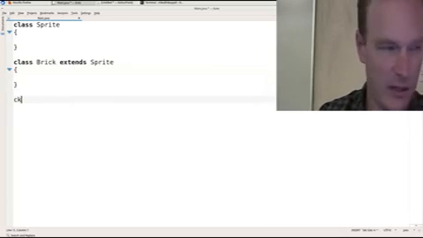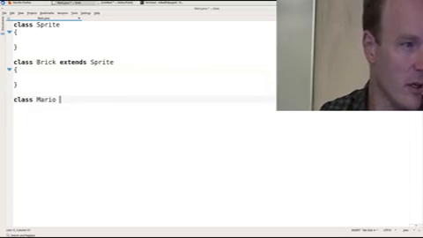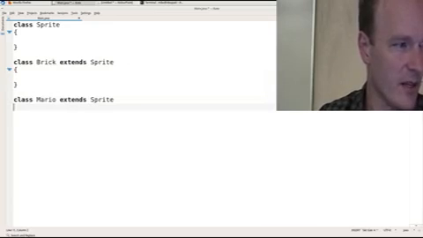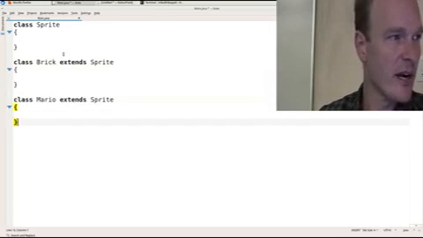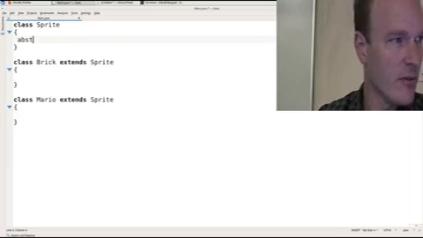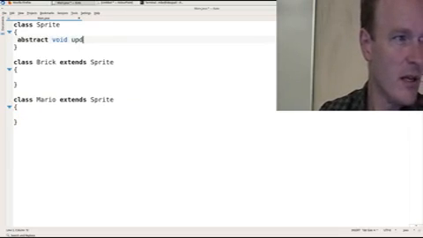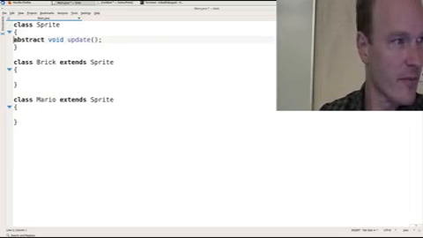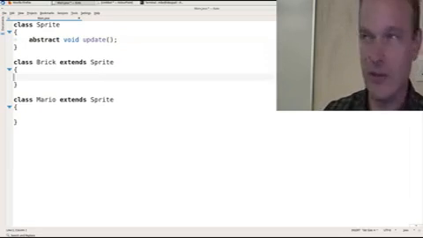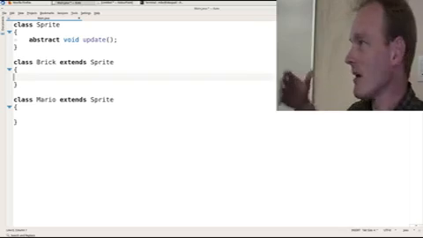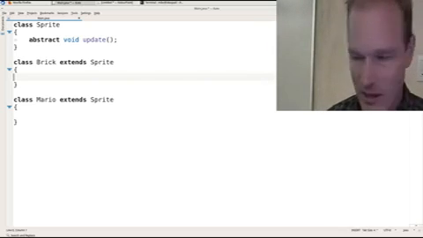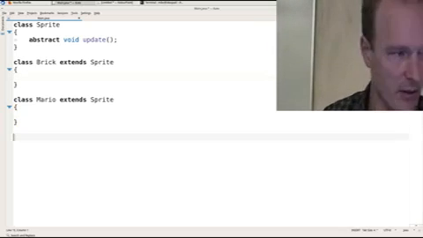And you'll have a class Mario extends Sprite. And all of your sprite objects are going to have the ability to update themselves. And somewhere down here in your model,